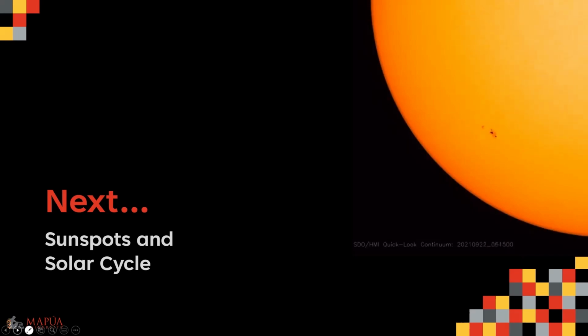So by the way, on your right-hand side is an actual video of observation of sunspots. This is an active region, I think this is 2871, if I'm not mistaken. So this is actually captured from 2 days ago, sorry, September 20. Yeah, 2 days ago or 3 days ago until last night's, September 22. So you can see that we can actually use the sunspots to estimate the period of rotation of the sun. Okay?